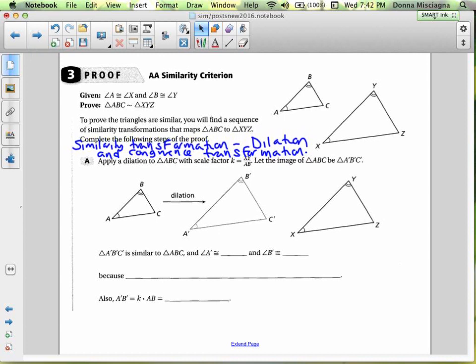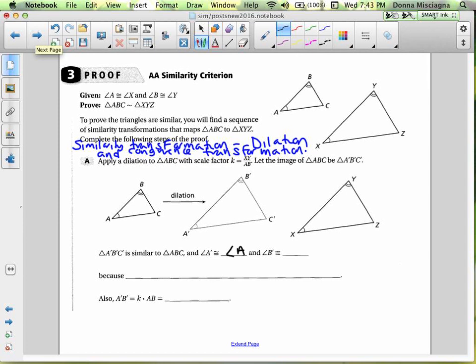I'm just trying to move this just a little bit. There we go. And we want to let the image of triangle ABC be triangle A prime, B prime, C prime. All right, so all we've done is we've dilated triangle ABC. So triangle A prime, B prime, C prime is similar to triangle ABC. And angle A prime is congruent to angle A, and angle B prime is congruent to angle B